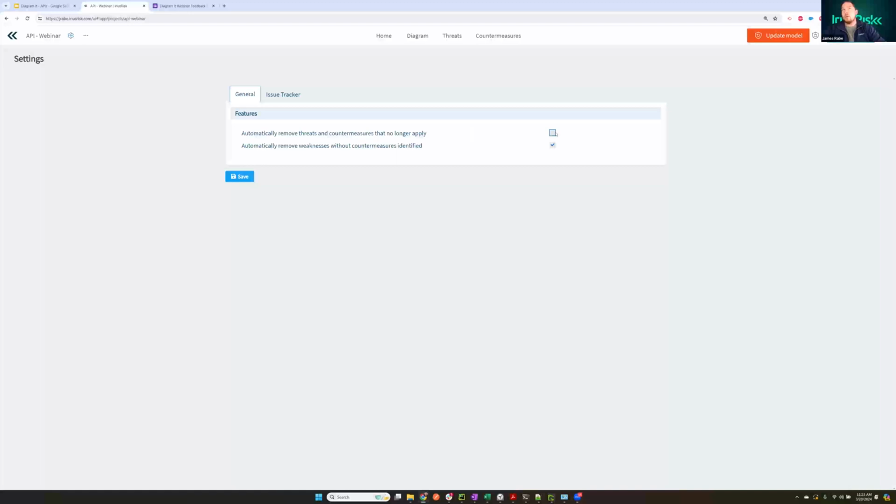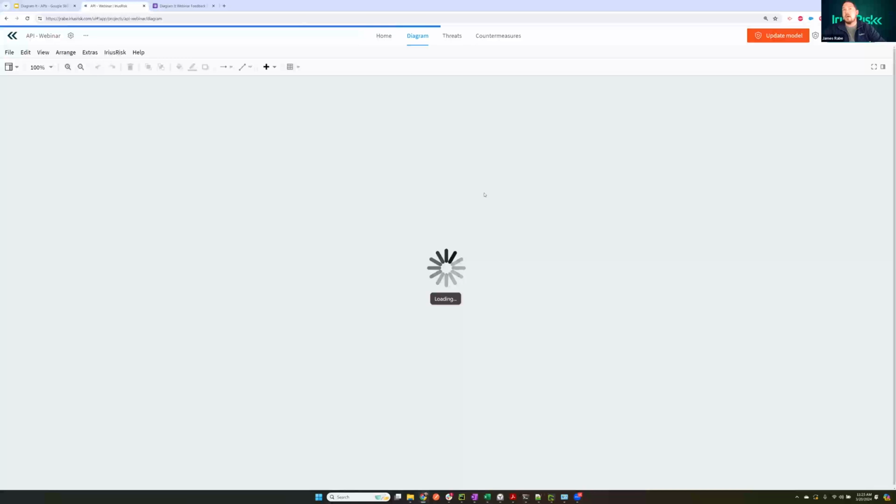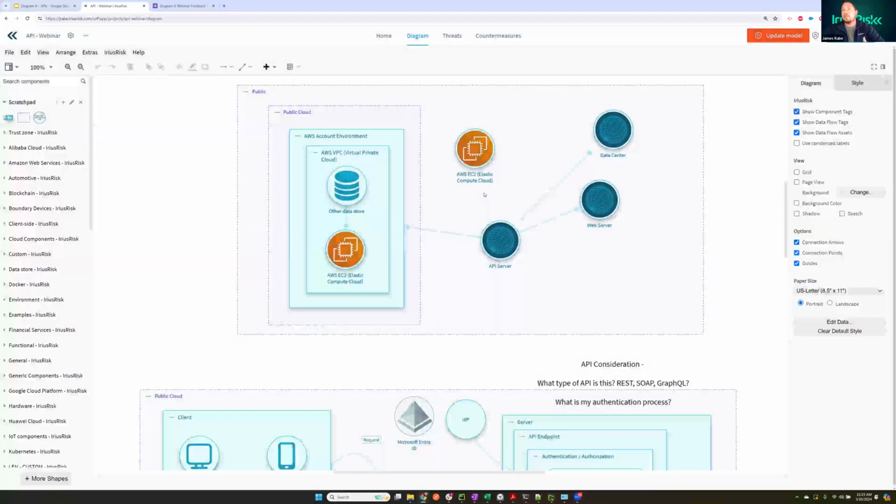And the reason why we have this toggle on, toggle off feature is because, let's say, for example, in version 1 of this diagram, I created a VPC, and then over time I make changes and I move things into 2 VPCs. If someone were ever to go back and look at the historic information on this threat model, I would still want to be able to demonstrate a history of compliance, a history of threat modeling